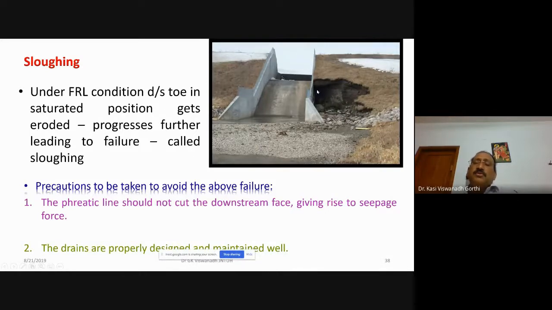Because the toe is under saturated condition, there may be a possibility that the material may be moved away from the dam section. This is what is called sloughing. So the precaution to be taken is that the phreatic line should not cut the downstream face. I have been mentioning this point, giving rise to the seepage force, and the drains are to be properly designed and maintained well.